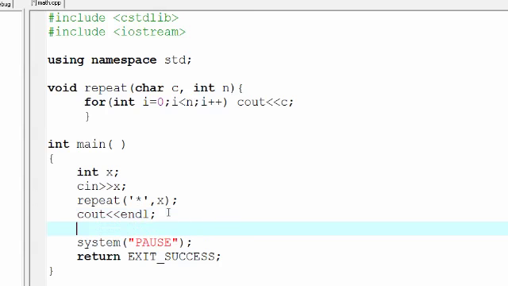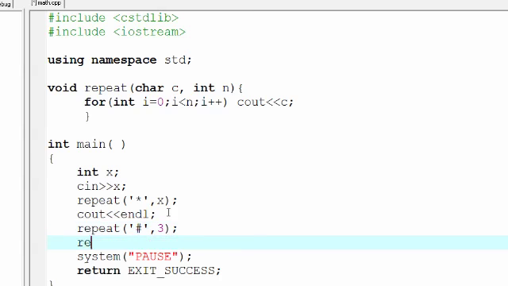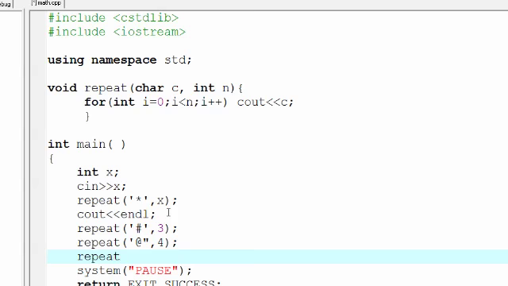So if, for example, I call repeat again, this time with a pound sign, 3 times, then repeat, then I have this at sign, 4 times, and then repeat with a,